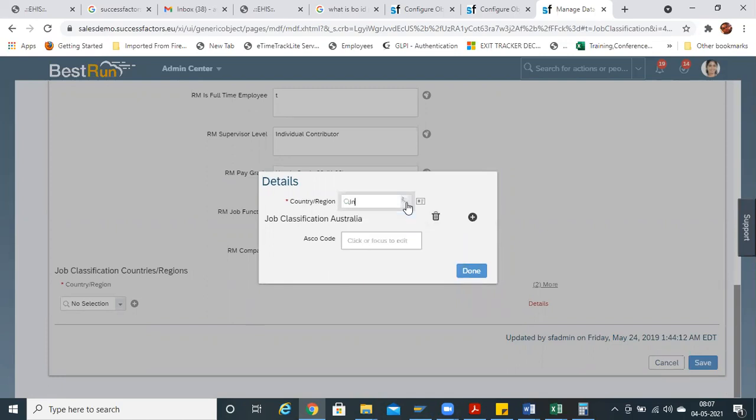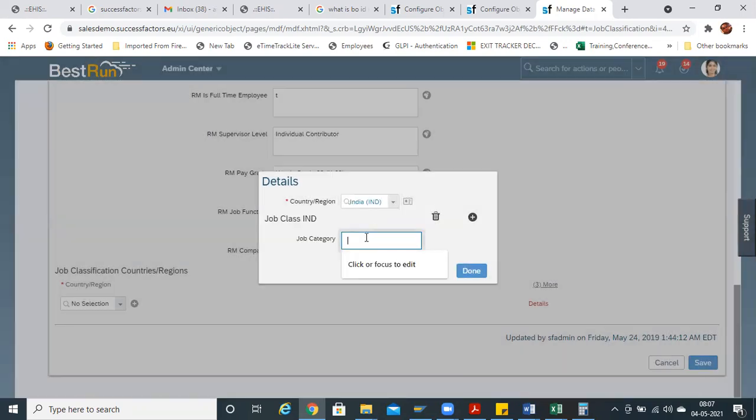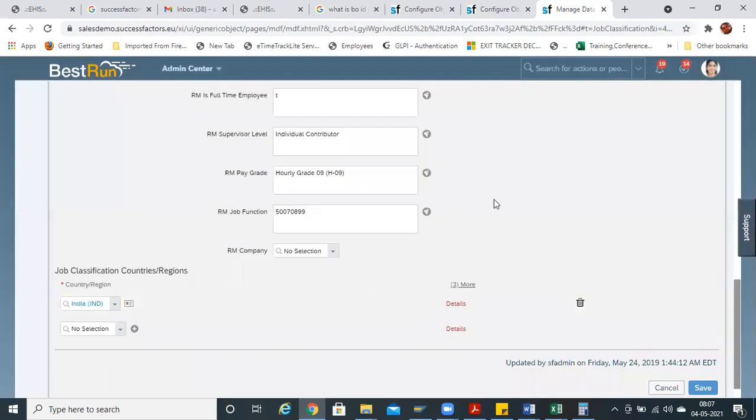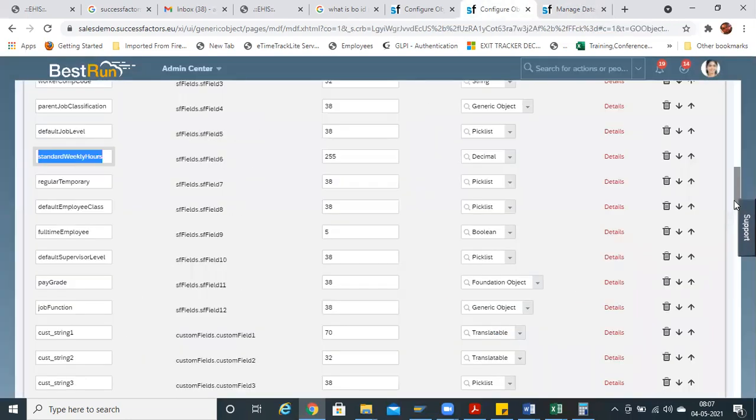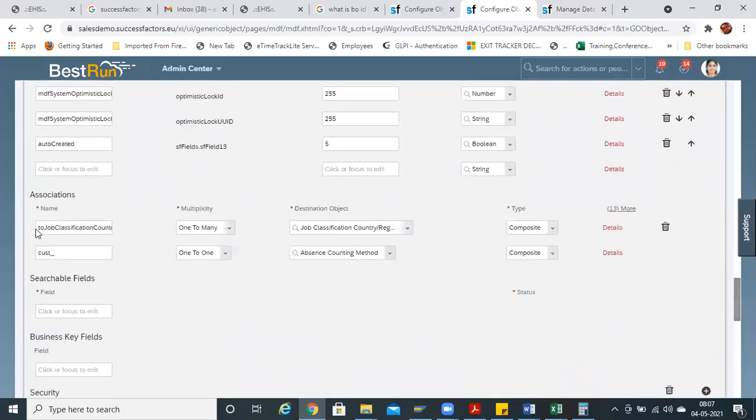Let me check if there is India. Yeah, job classification India is already there. So I have shown you the associations with legal entity country wise, how we have created legal entity country wise and associated it over here. The same way, with a slight difference, it is a little bit tricky. As you can see, job classification country is associated here.